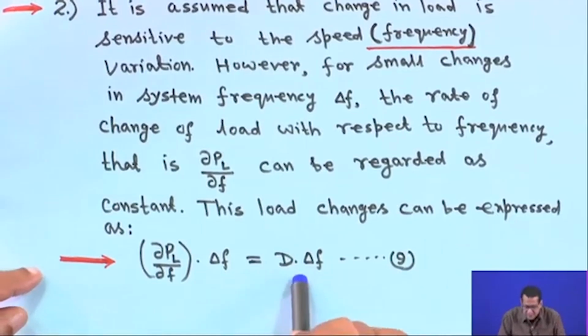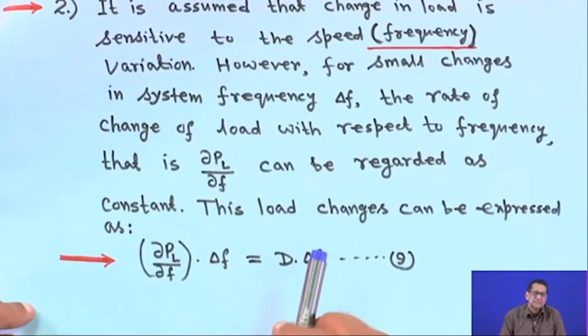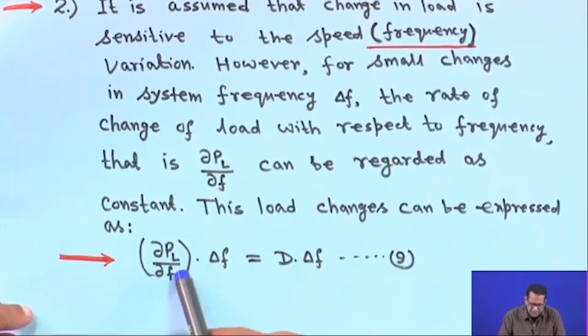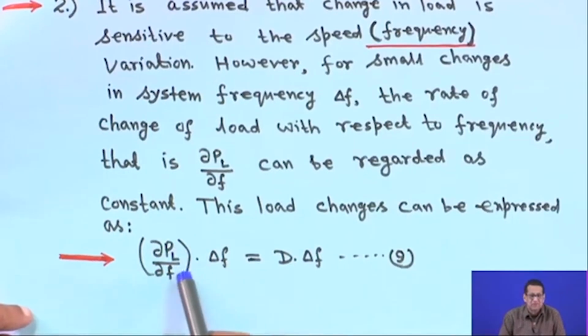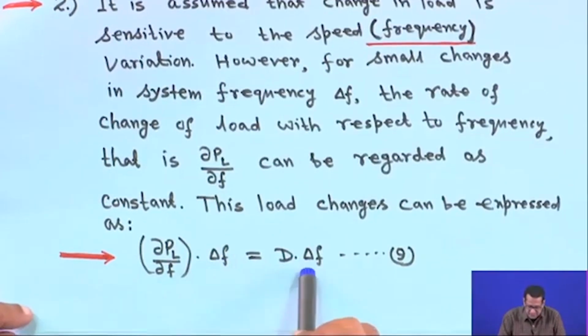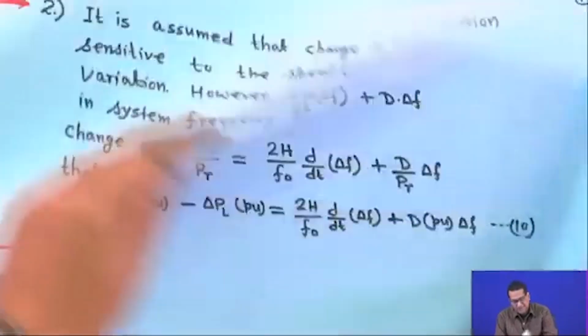If you do not consider that, D is equal to 0, later we will see, but we will assume that load is sensitive to the change in frequency. So, in that case delta P L upon delta f can be regarded as a constant, right, and how we will take that, later we will take a small numerical example, right. So, this is your D into delta f. Therefore, the power balance equation,